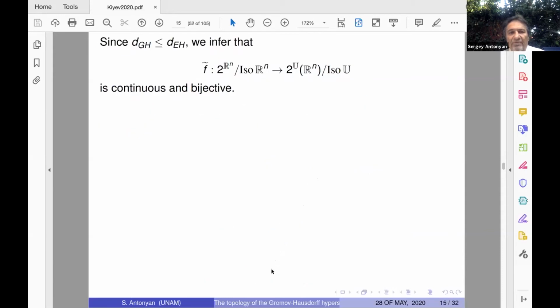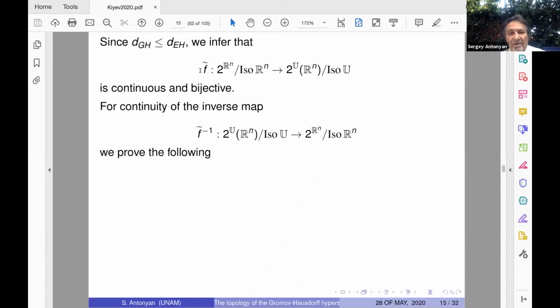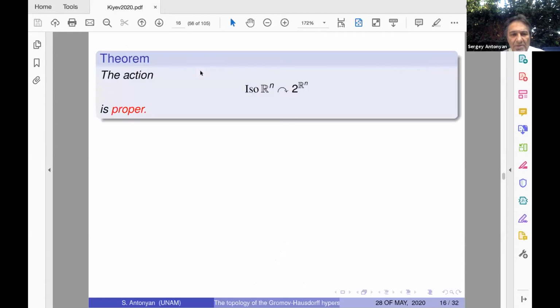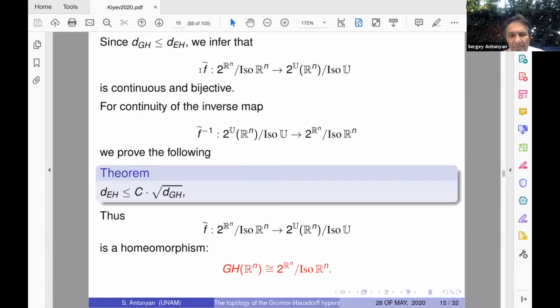For the homeomorphism, one part is trivial. From this inequality, it follows that F tilde is continuous, even uniformly continuous. The continuity of the inverse map is not trivial, but it is a fact. So this is what is claimed in the theorem. Okay. Now